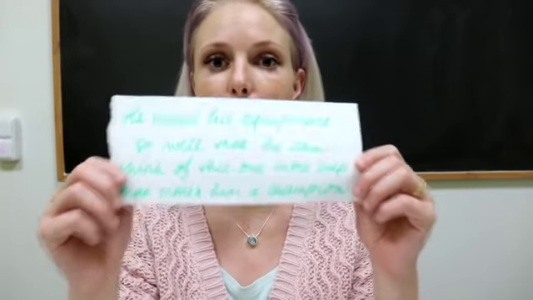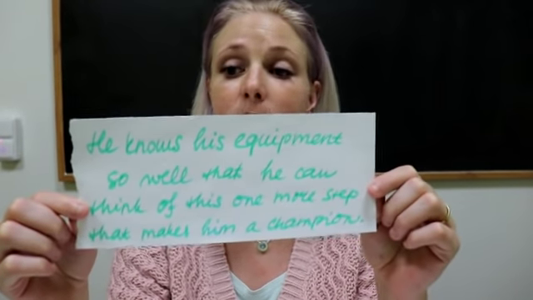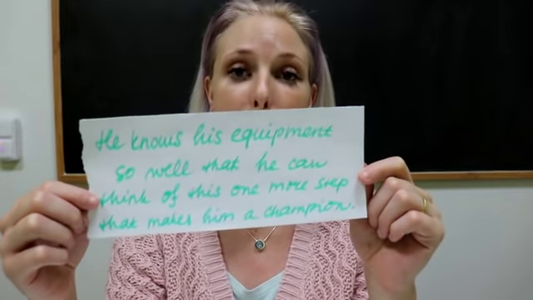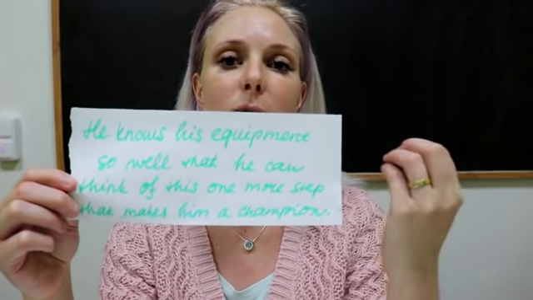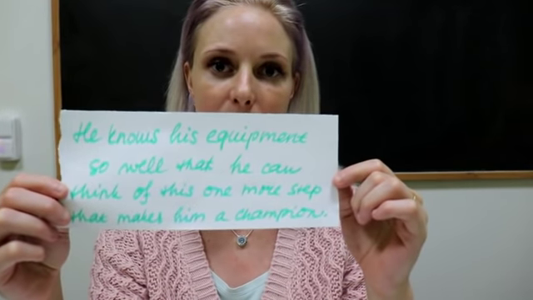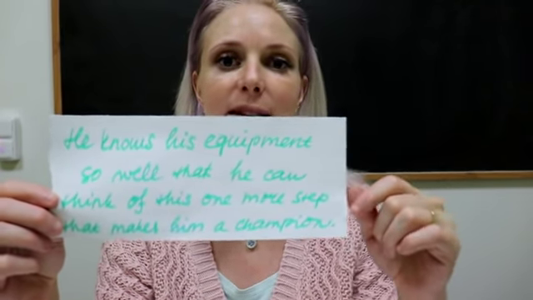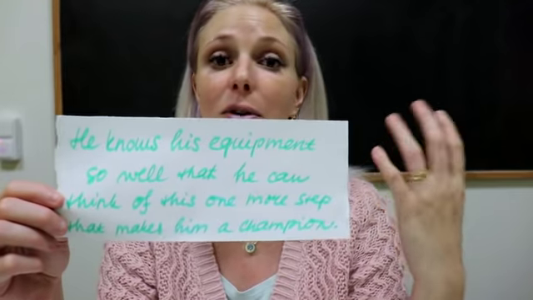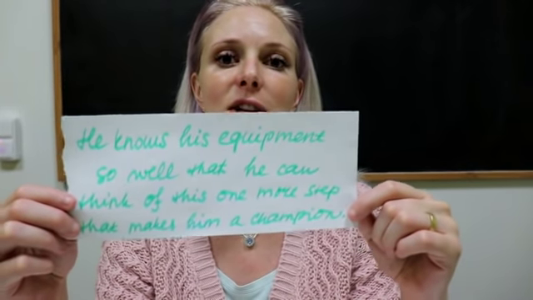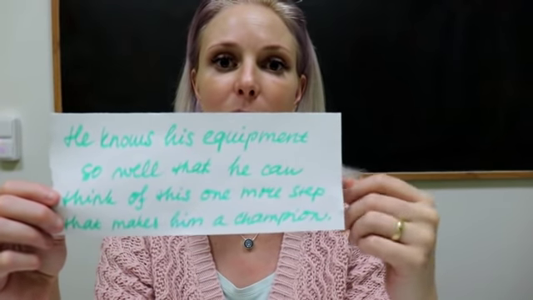And then what can happen? A co se potom může stát, is this. And this is the most beautiful. A to je to nejkrásnější. And it says, a říká, že he knows his equipment so well that he is able to think up one more step which makes him a champion. Že student nebo člověk, který je už opravdu dobrý, zná své vybavení, možnosti a schopnosti a nebo prostě ty příležitosti třeba toho jazyka natolik dobře, že je schopen vymyslet ten jeden krok navíc, který z něj udělá profesionála nebo šampiona,